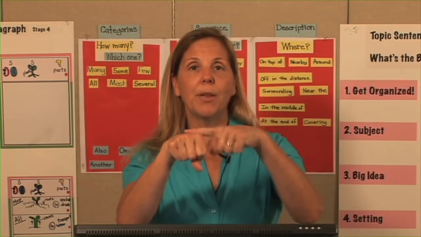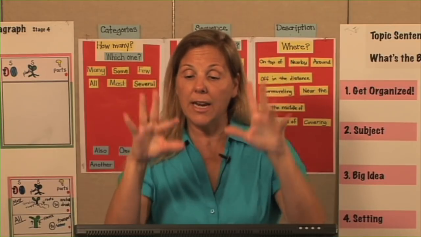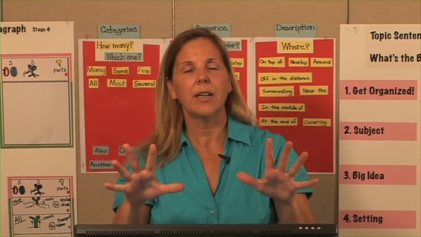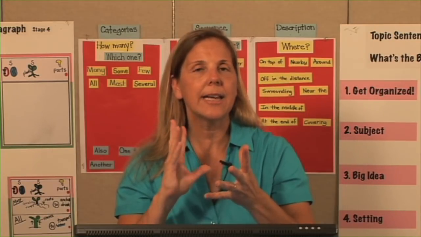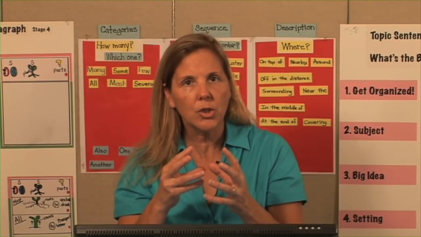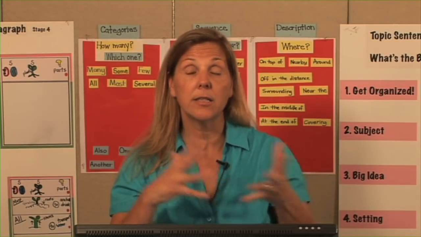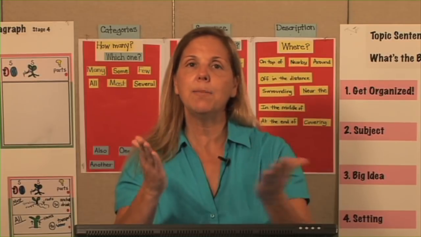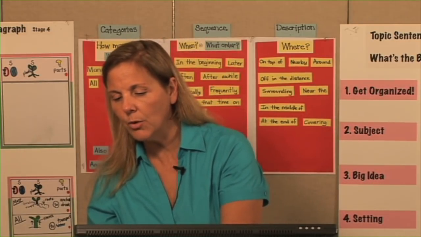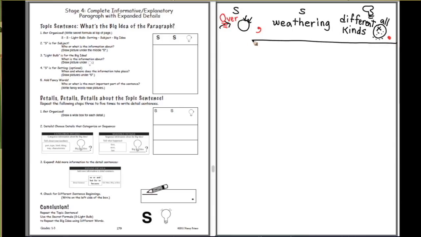Over time, on the planet Earth, the different types of weathering make all kinds of rocks disintegrate. So notice when I say it, I can say it differently each time. My oral rehearsal is revising the sentence until I think it sounds good. The kids keep saying to each other, once we think we're okay there, now what are we going to do? We're going to draw a line